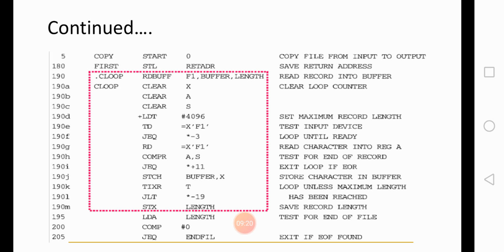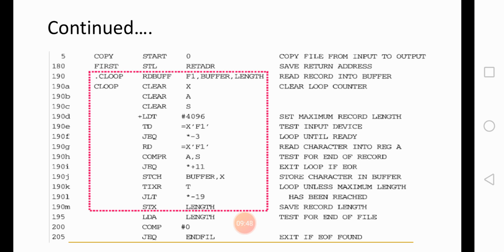Line number 190A to 190M is a complete expansion of the macro invocation on line 190. The red box-shaped content we are observing here is line number 190A to 190M, a complete expansion of the macro invocation.